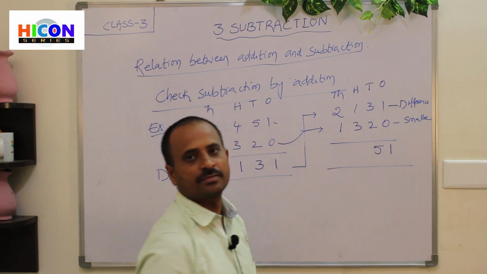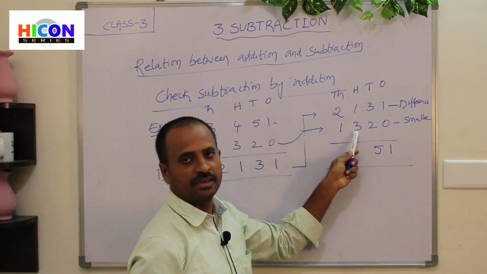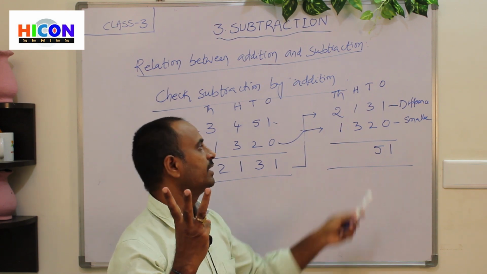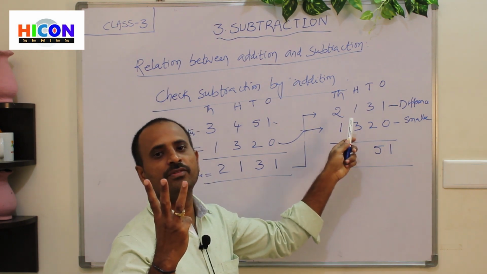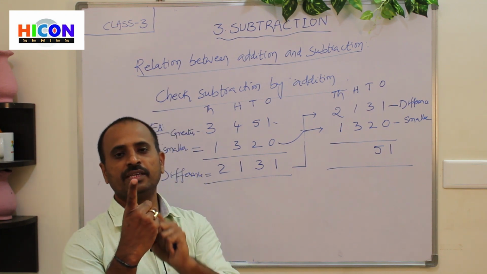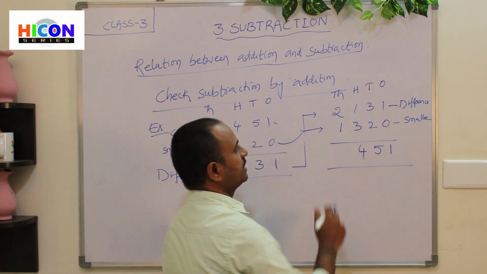Now go to hundreds place. What are the digits in hundreds place? 1 and 3. So what is the second number? 3. Open 3 fingers of your hand. 1, 2, 3. What is the first number here? 1. After 1 we will get 2. So start counting from 2. That is 2, 3, 4. The answer is 4.